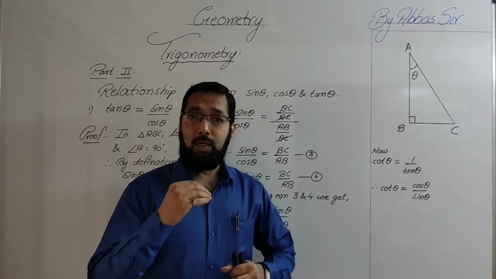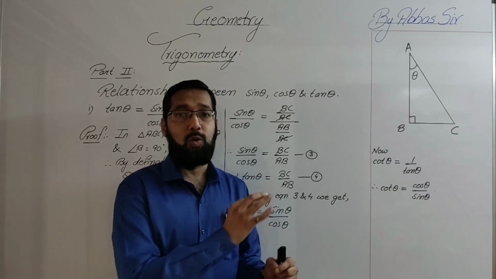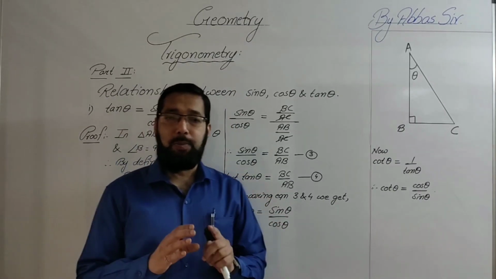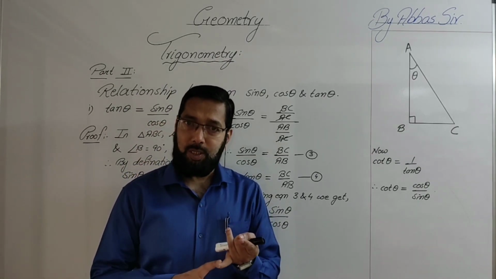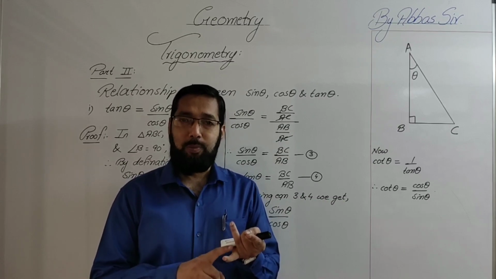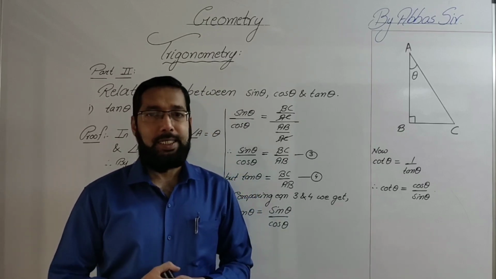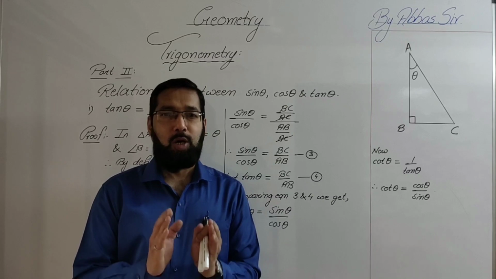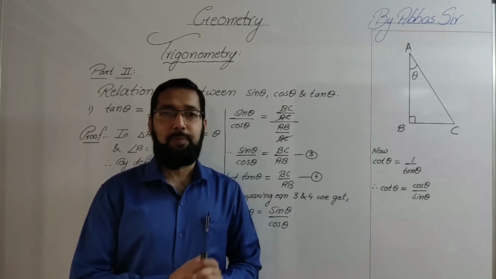In many questions which are based upon proofs, we are going to use these two identities. So with this, we have completed the discussion and the study of the basic definitions of trigonometry, the interrelationship between different trigonometric ratios, and three very important identities. With this, we have completed the introductory part of trigonometry. After this, we will be solving questions based upon trigonometry.